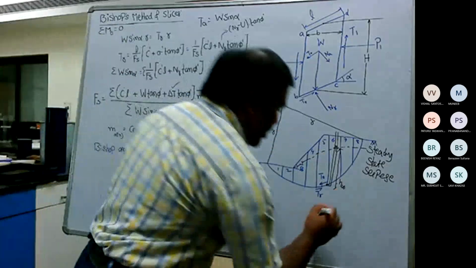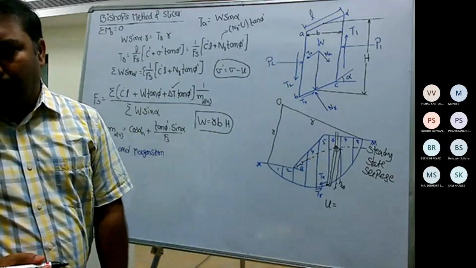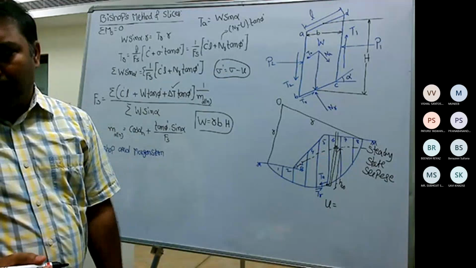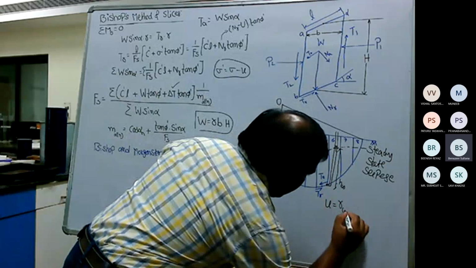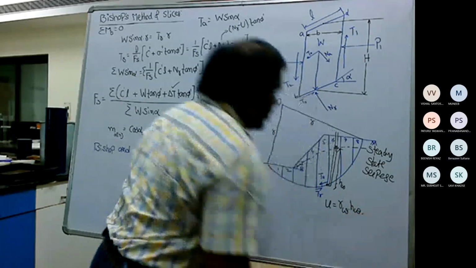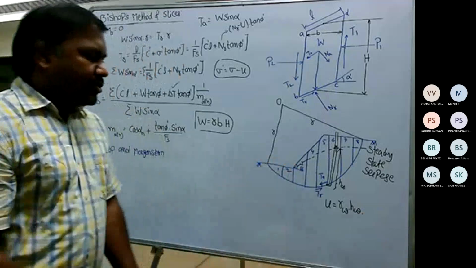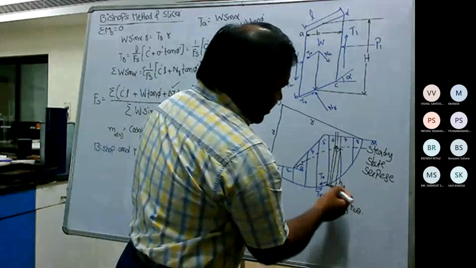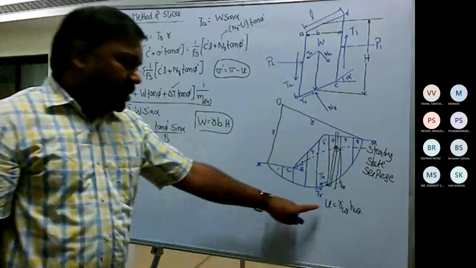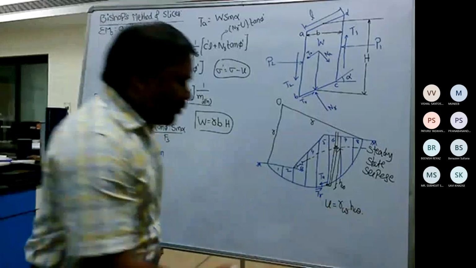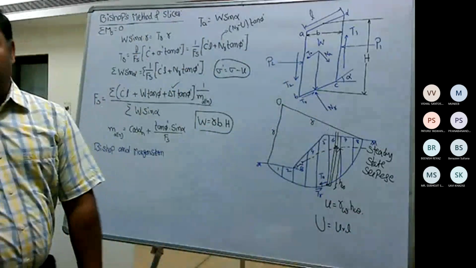Now suppose I ask for the u value, so what would be the u value? The pore pressure: gamma W into HW. Okay, so this is for a single slice. If you want the entire one, you can also multiply this with the elemental length L. If you want the total pore pressure parameter, then you multiply this with L. So then what you get is capital U. So capital U is equal to small u into L.